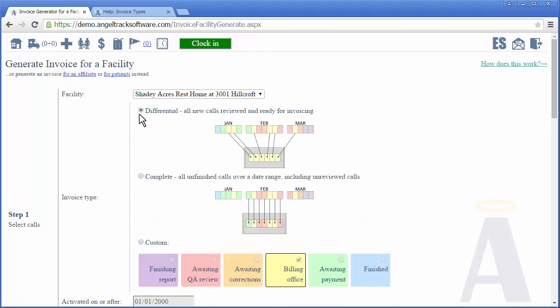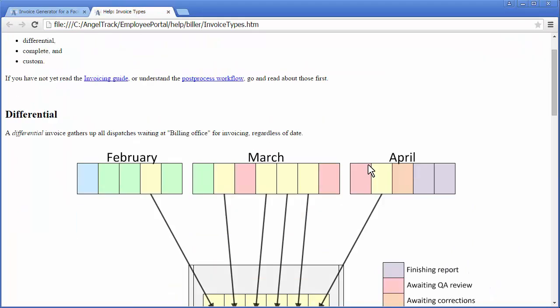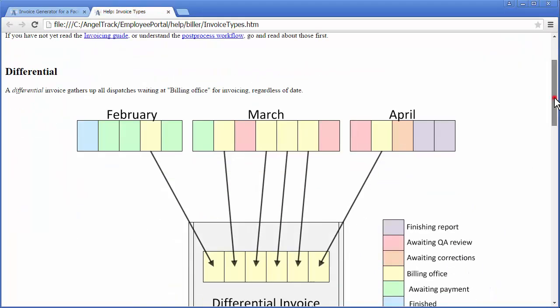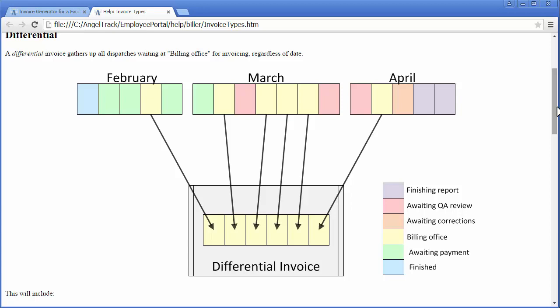Now, type of invoice, this is a tricky question. It's a learning curve, a hump to climb. So I've got some diagrams to explain it here. A differential invoice is one that gathers up every new dispatch that is ready to be invoiced. So that's going to include dispatches that have graduated from QA and are going to be billed direct to the